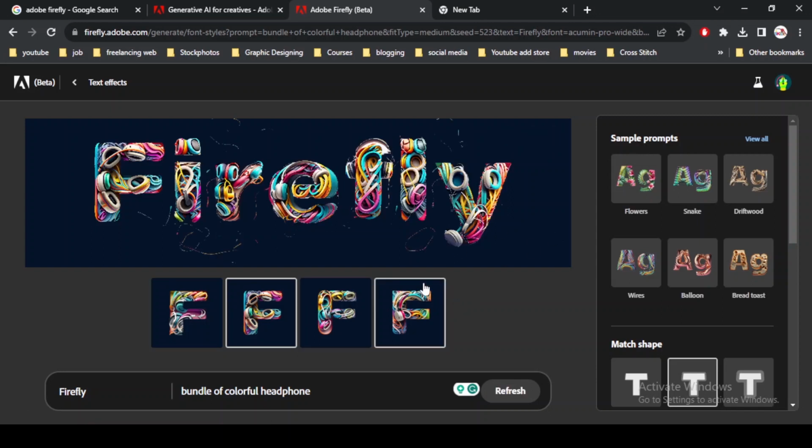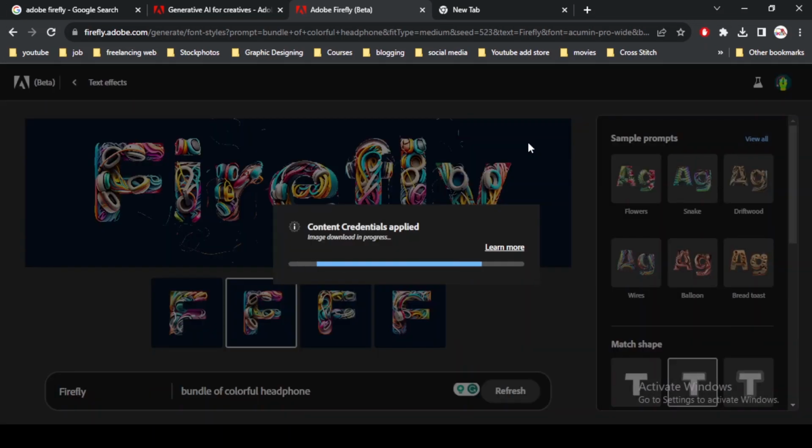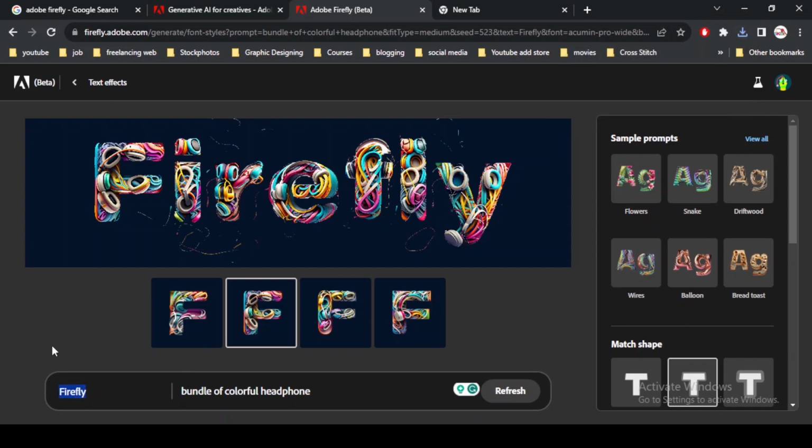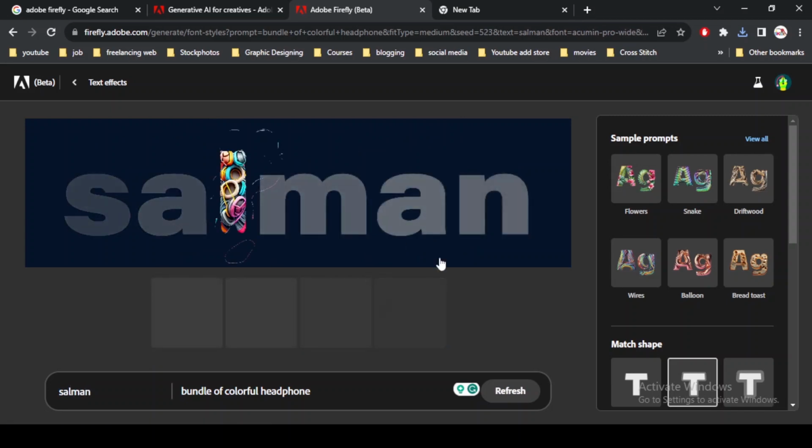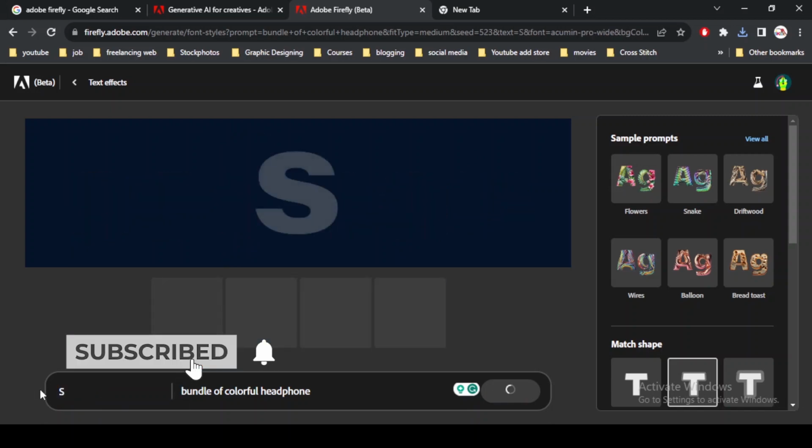Then you can download the image again, go to the top right corner of my image and hit the download button. And you can change the text as well. I simply type my name, which is Salman, and you can see that the text is changed according to my design or my style. I simply make a capital A for my design,